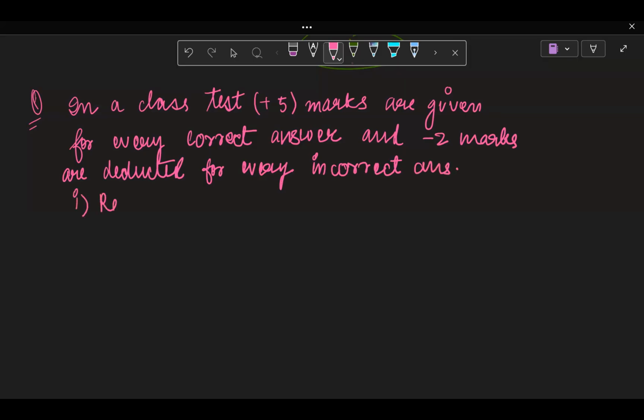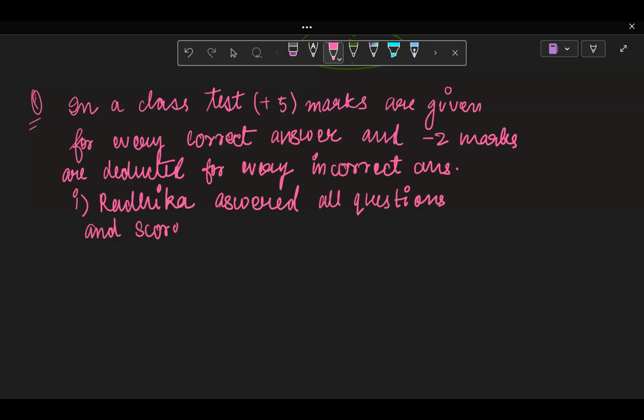First question: Radhika answered all questions and scored 30 marks, though she got